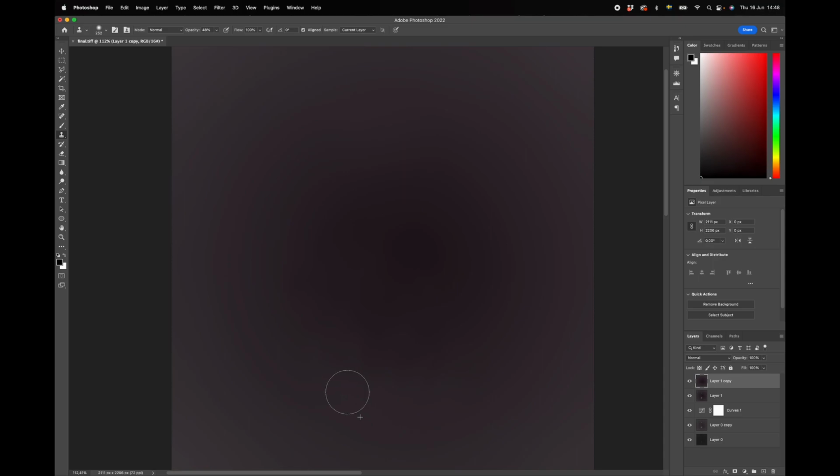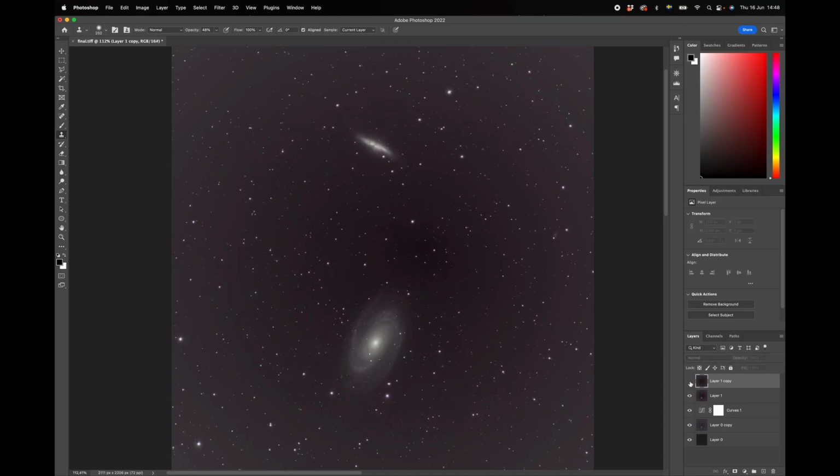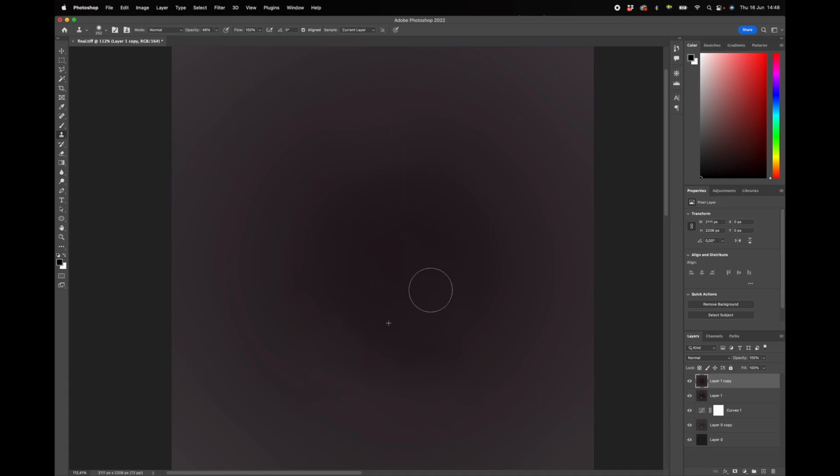So I'm just simply trying to create some kind of background gradient, basically the gradient that I have here. So when I feel happy that I'm roughly been doing a good gradient here, and I'm confident that I'm not going to touch the galaxies that much. I usually, as I said, do this way more thorough than this. But at this point, I'm happy with it for this tutorial, and I will select a